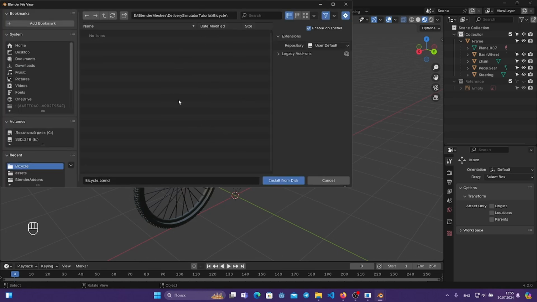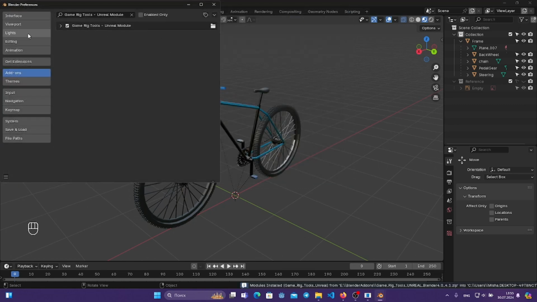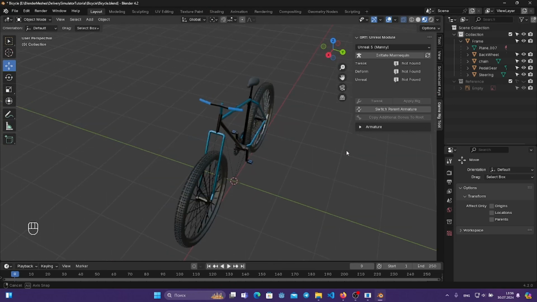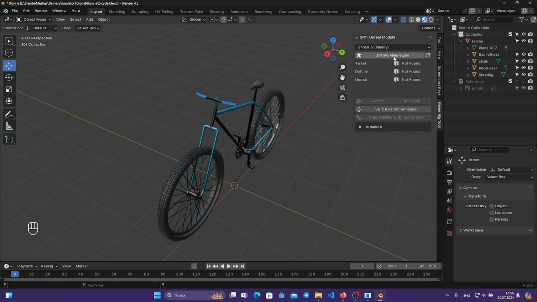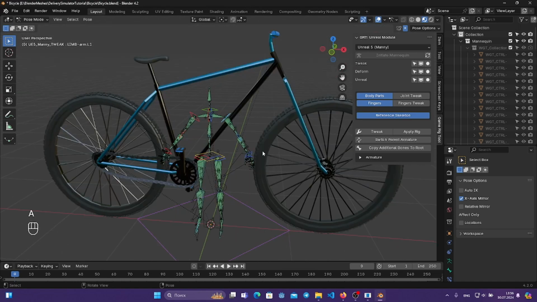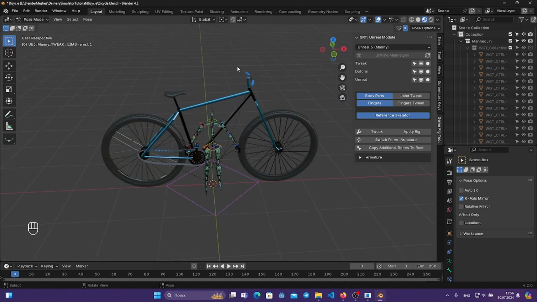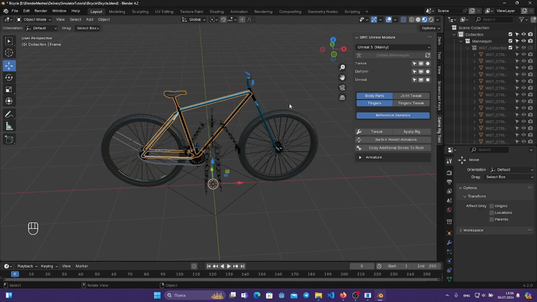Select the directory where you have your add-ons, and select that zip that we downloaded. And here check it, save preferences, you can close it, and now you have that add-on. And now you can just initiate the mannequin. Later we're going to delete it, but for now I want to compare it to